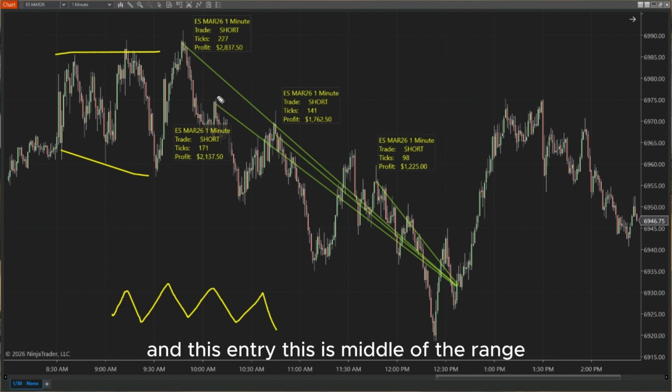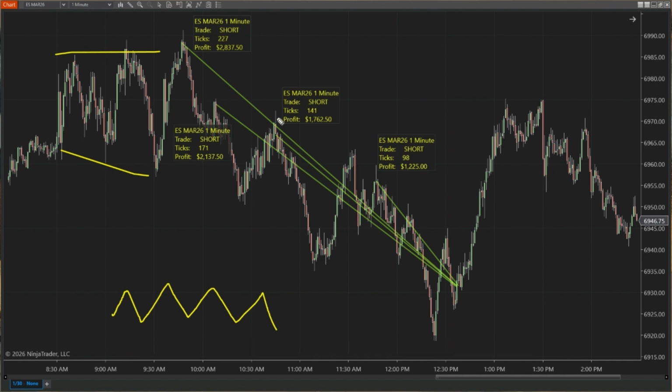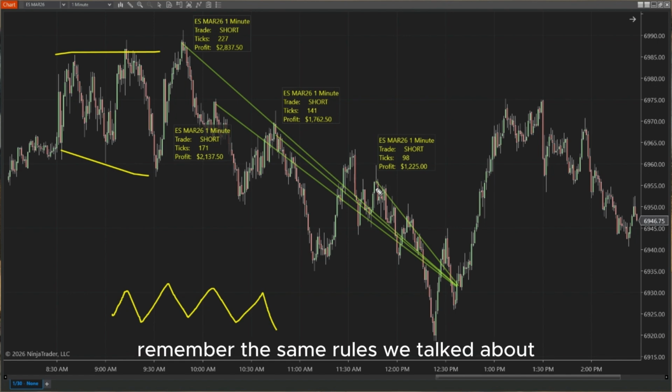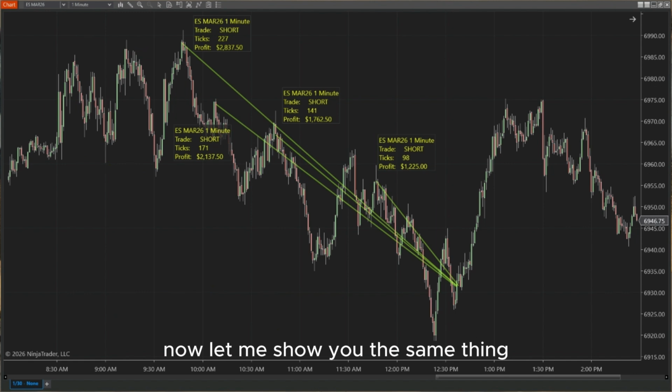And this entry is the middle of the range. How did I take the short here? And then why did I take a short here? The same rules. Remember the same rules we talked about? You should see the strong liquidity. Price should go to the liquidity, eat the liquidity, sweep the liquidity, immediate rejection, and then you should be able to take the trade. Now, let me show you the same thing with the base liquidity zones indicator,